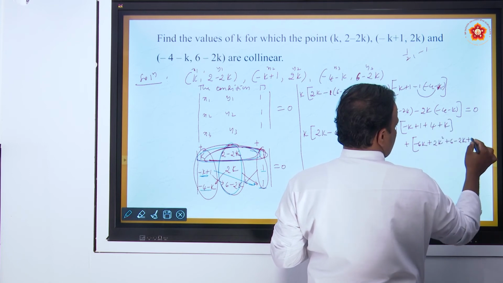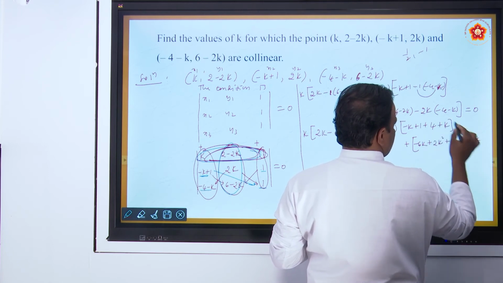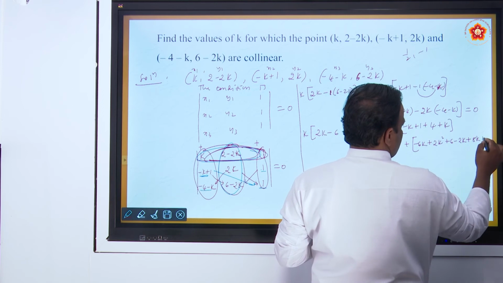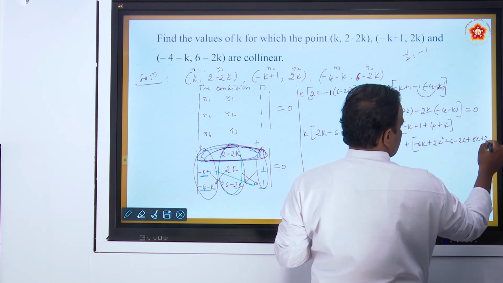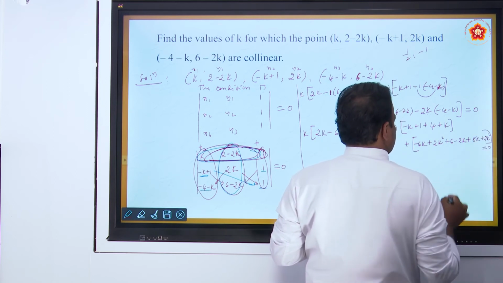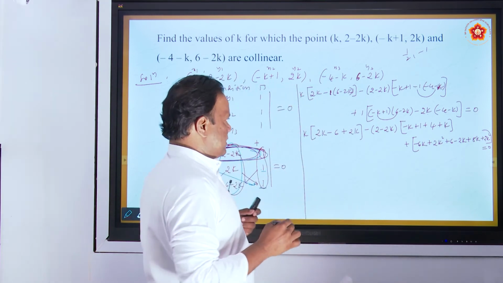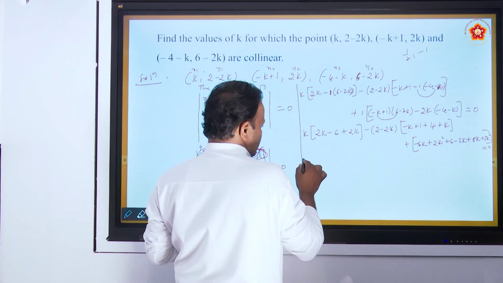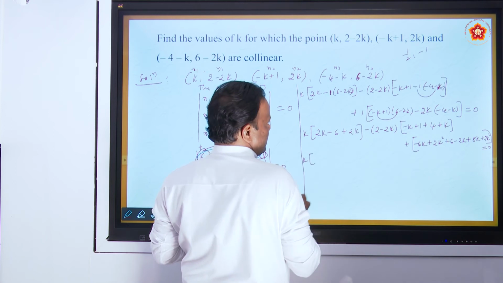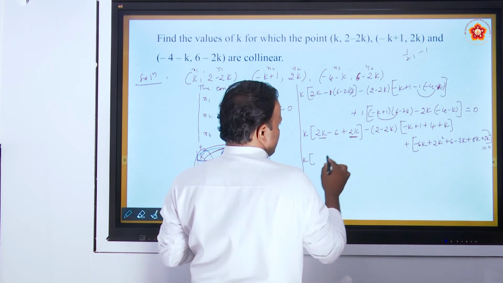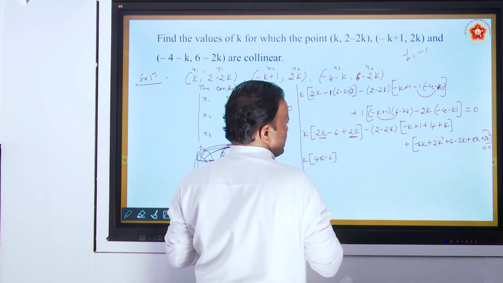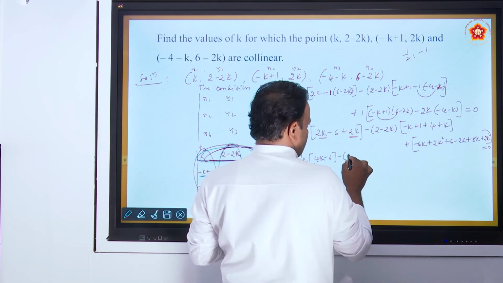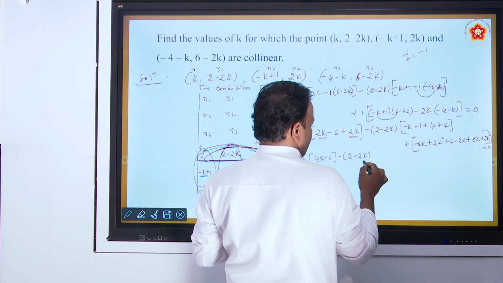2k into 4, 2 4s are 8, 8k, minus, minus again plus, minus 2k, minus k plus 2k into this is 2k square. This is nothing but 0, because RS is 0. Now simplification here. So this k as it is, bracket, see 2k plus 2k, like terms you have to add here, 2k plus 2k, 4k, this minus 6 as it is. Here minus 2 minus 2k, correct.